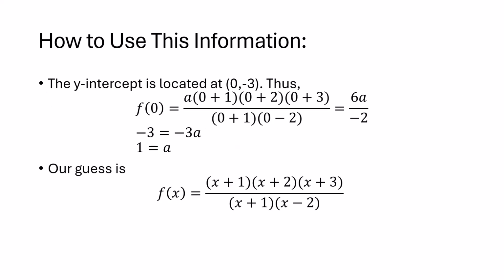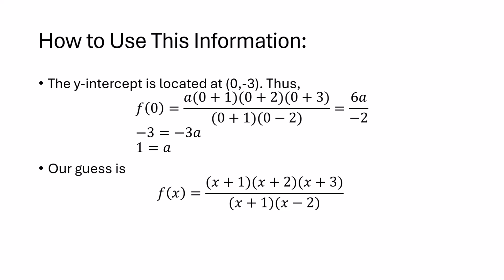We're going to use the y-intercept, which is located at (0, -3). When I put 0 in, I end up with 6a divided by -2. When I put 0 into my rational function, I need to get -3 back. So -3 is equal to -3 times a. This implies that a is equal to 1. So therefore, my initial template is going to be x plus 1 times x plus 2 times x plus 3 in the numerator, and that's going to be divided by x plus 1 times x minus 2 in the denominator. Now, we're going to do an additional check here